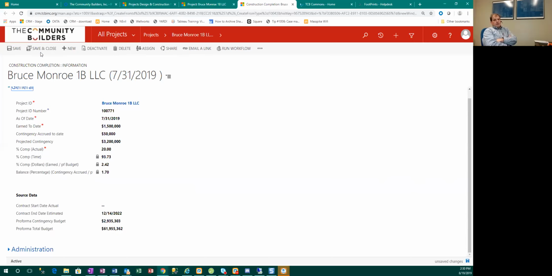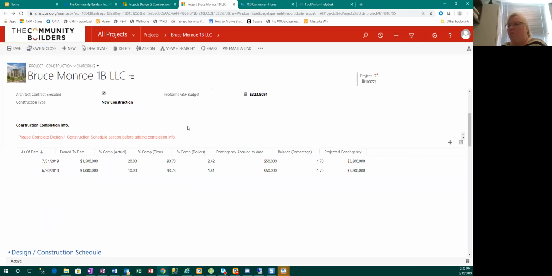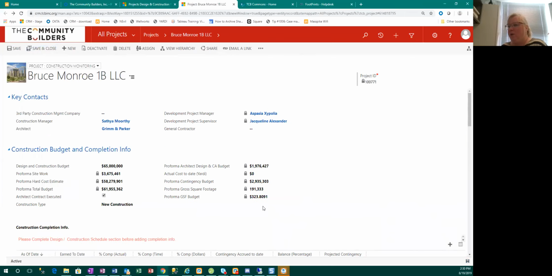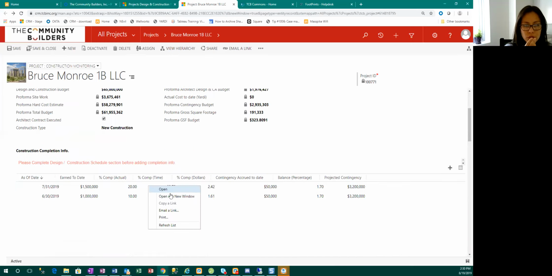No, it's not. Those two numbers are actually from this screen here. So, pro forma total budget: you've got your site work and your hard costs straight from the pro forma, and this is just a sum of these two numbers. And then you've got your contingency. Your contingency is not included in the 61. Okay, if you go back to the record detail page,